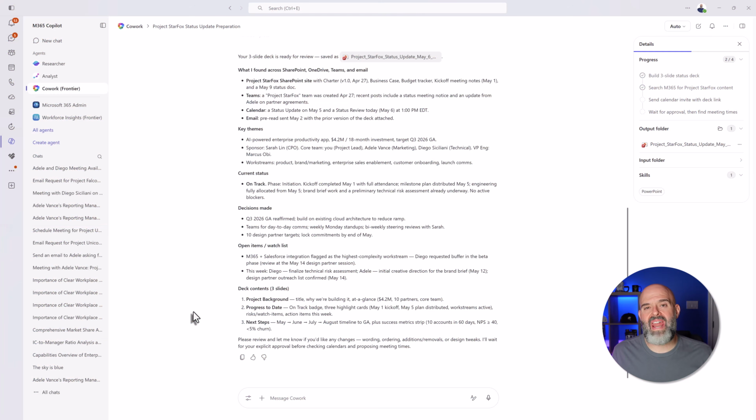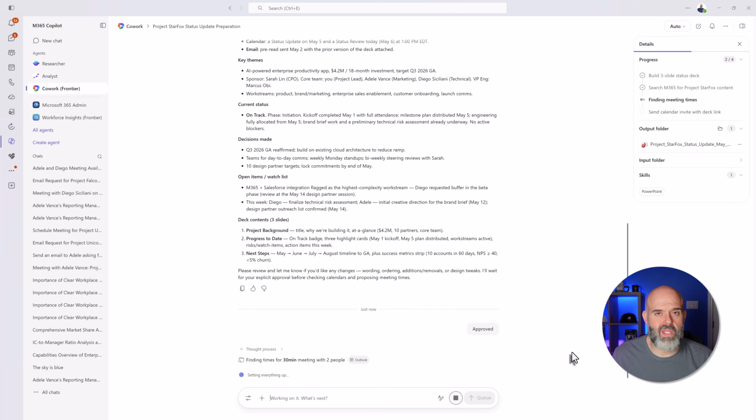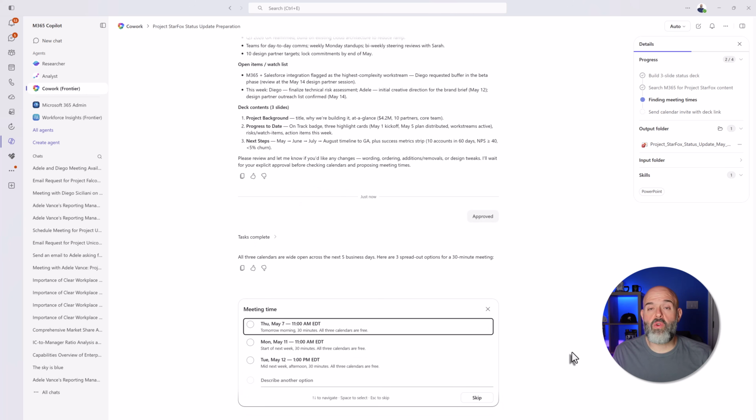Now, I will not ask it to make any changes to that PowerPoint. You can see here at the bottom of the chat, it is asking for my approval before proceeding to the next step. I've gone ahead and typed approved and I'll click enter. You can see here that it's checking the calendars for available meeting times, just like I instructed it to. And you can see here that it's actually come back and presented me with options on times where myself and